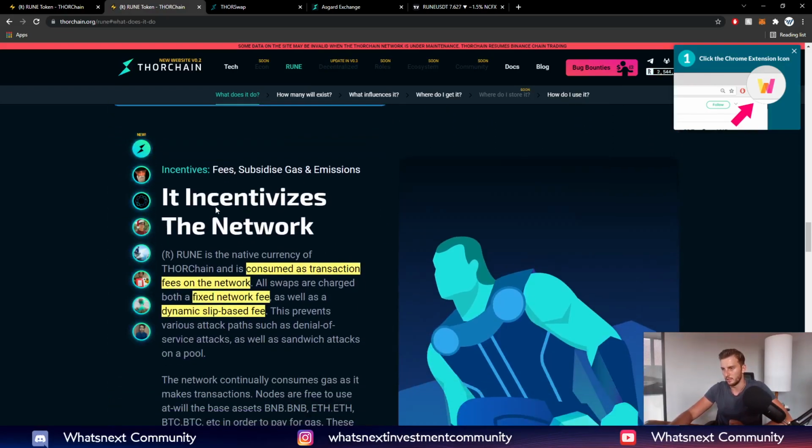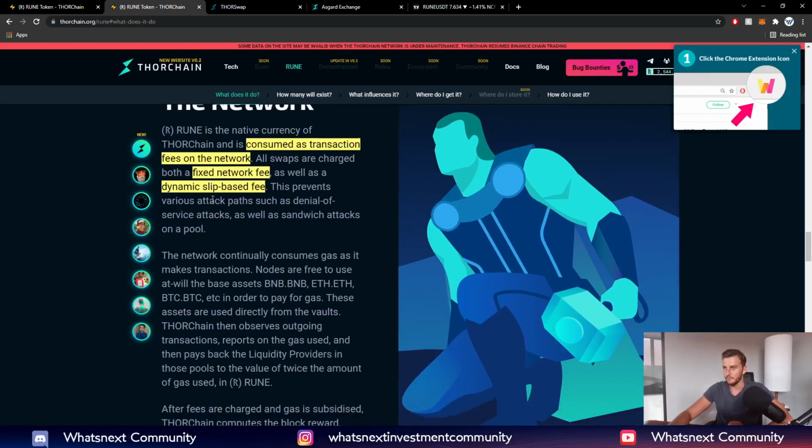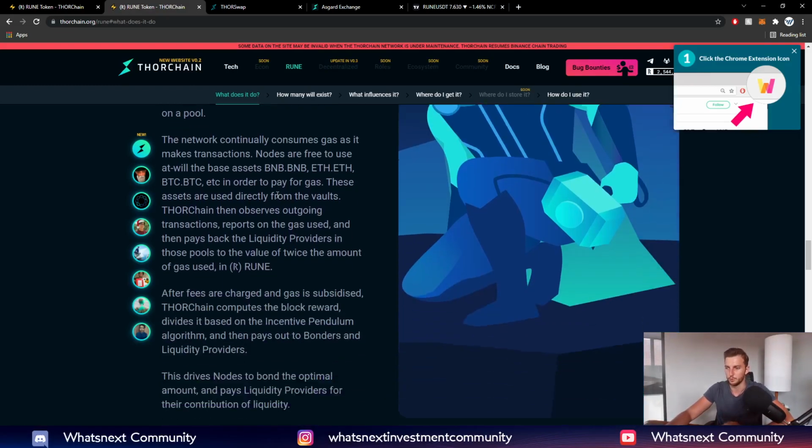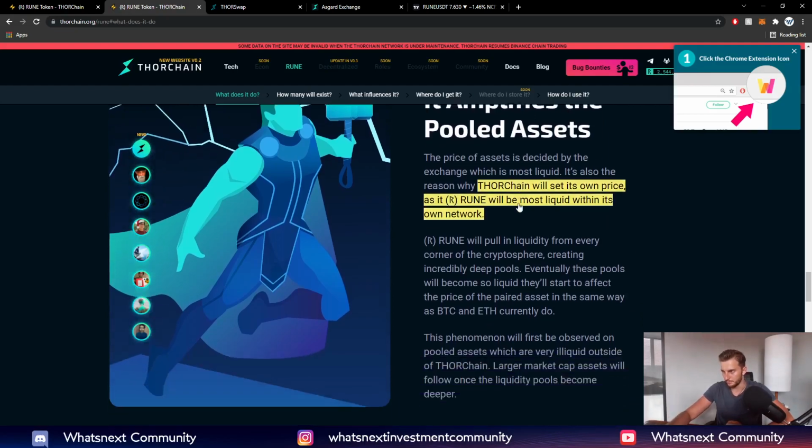So now, if we take a look forward, and this is one of my favorite mechanics within the entire network. So basically, what happens is as more assets enter the network, you have a huge amount of swaps happening on the network, and then you will have a transaction fee on the network, and there's a dynamic slip-based fee as well. So there are lots of different benefits to the RUNE token, but the real thing that I want to shine my light on right here is that